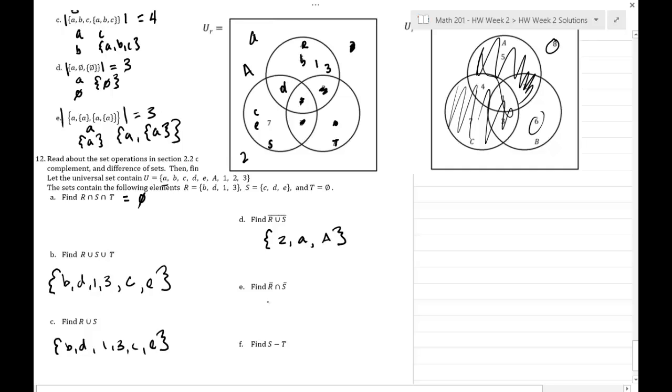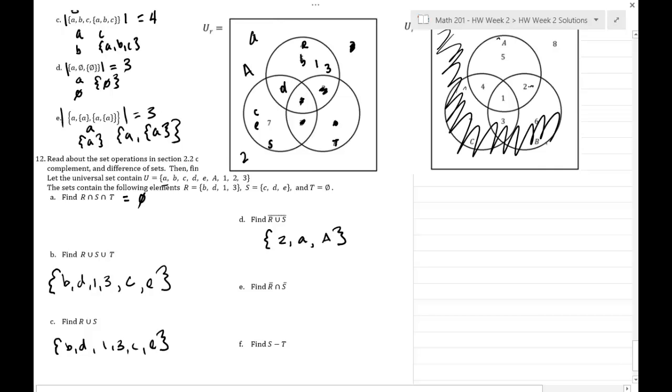Now, R complement intersect S complement. Let's think about what R complement is for a minute. So R complement is everything outside of R. So we've got region 8, region 7, region 3, region 6, all those regions, okay? So let's write this. R complement contains regions 7, 8, 6, 3,